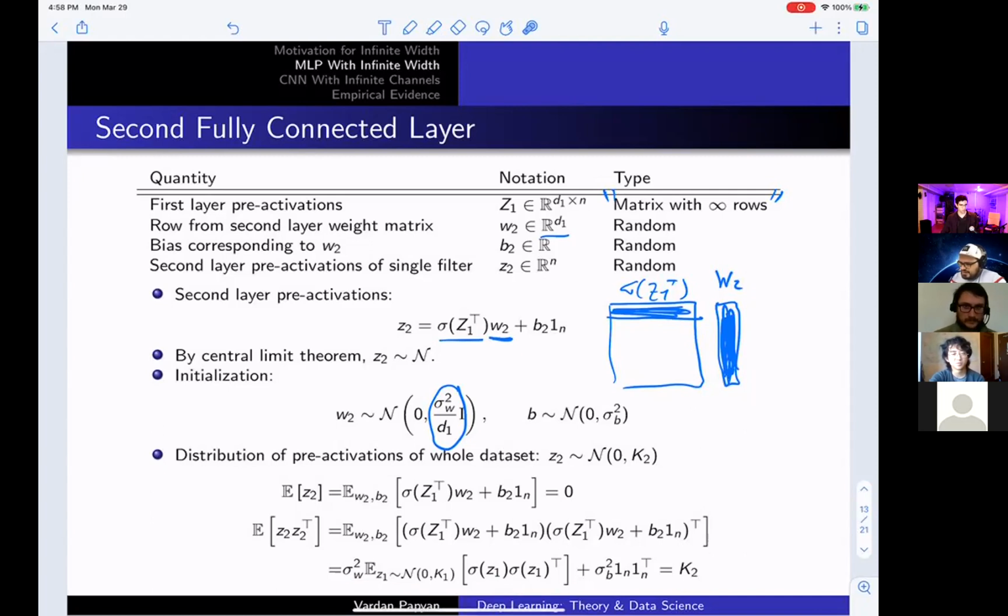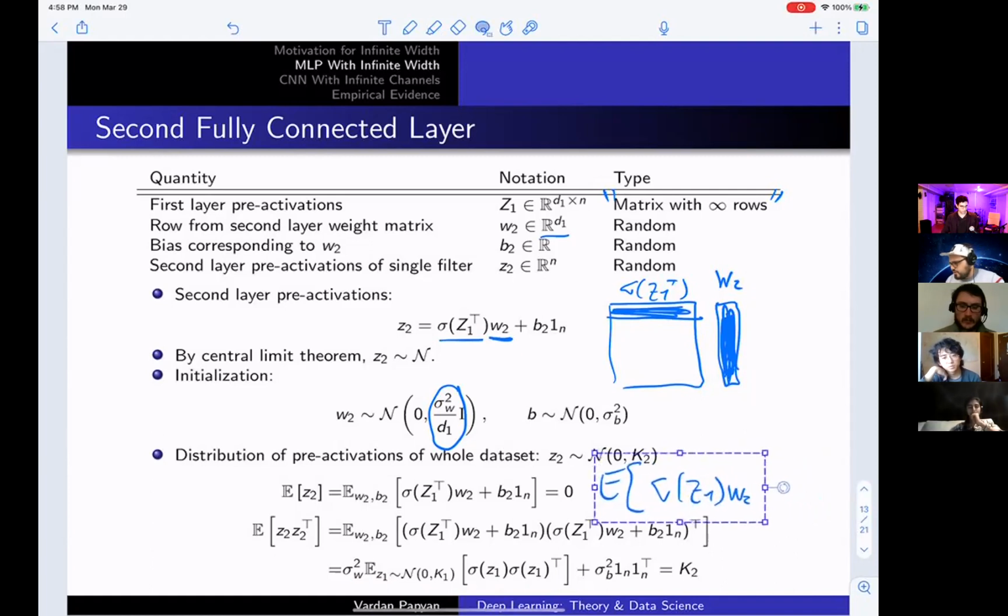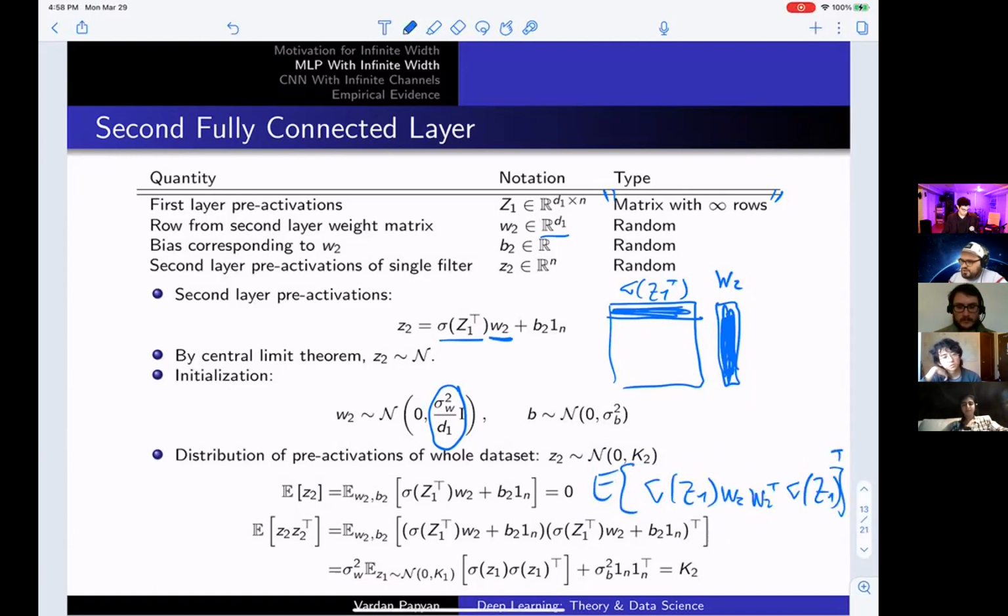So notice that what's happening here is if you look at the expectation of sigma Z1 W2, run out of space, and then W2 transpose times sigma Z1, right? And then you can write it. So first of all, if you do the expectation, then the W2 transpose becomes an identity times a scalar, right? And so what you're left with is basically sigma Z1